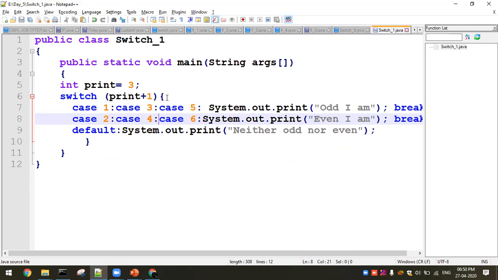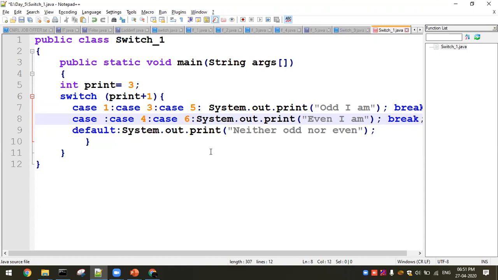Here 1, 3, 5 are all odd numbers, right? So I can directly go ahead with only one definition for these three cases. Similarly, 2, 4, 6 are even numbers, so I can directly go ahead with I am an even number. That is what the cases mention here. So three distinct cases have the same definition. Suppose here you have case 1 again for case 1. A single case having two different definitions will be an error.